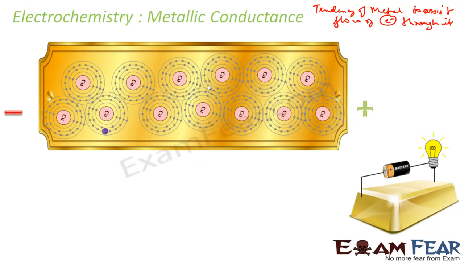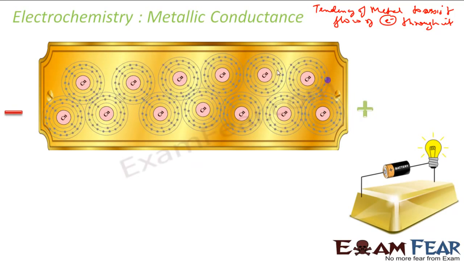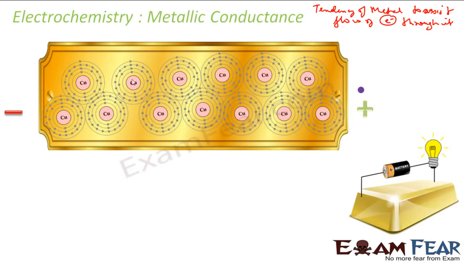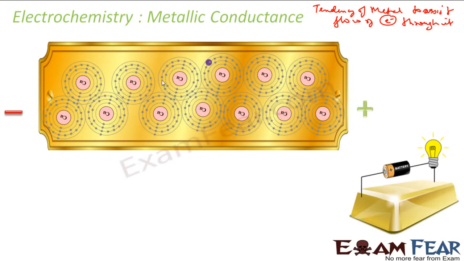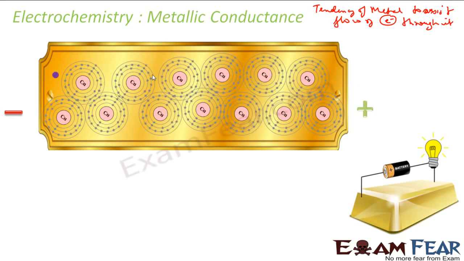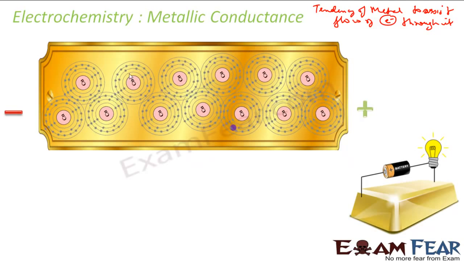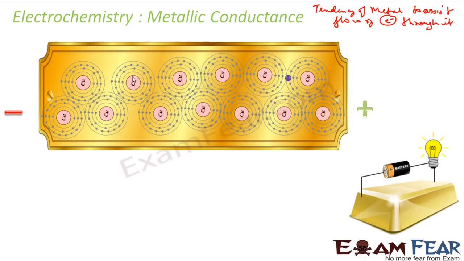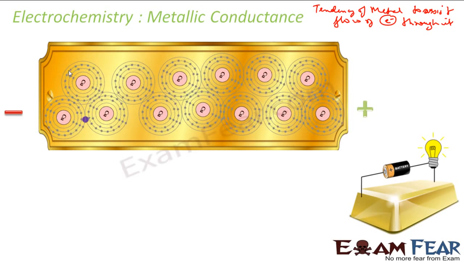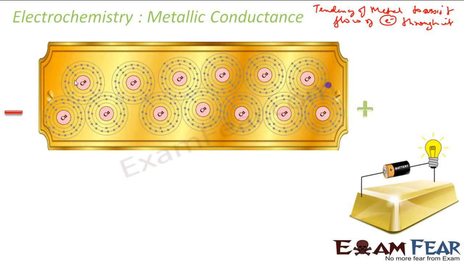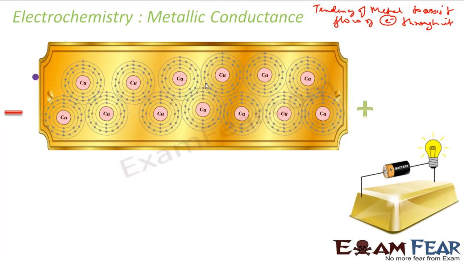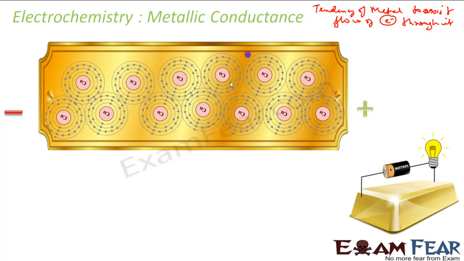Now if you increase the temperature, what happens is the flow of electrons through these atoms becomes difficult, right? Because the moment you increase the temperature, these atoms, which are now just rotating here, also start haphazard movement, right? So with this, the metallic conductance decreases. Why? I'll show you one graph, actually one animation, because these copper atoms, or any atom, also start moving. Since they also start moving, it becomes difficult for electrons to move from left to right,